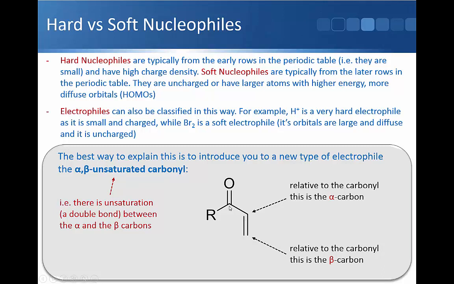And when you have an alpha-beta unsaturated carbonyl, hopefully you'll notice from the previous lectures that these two double bonds are conjugated, and that means that this electrophile has quite a key distinct feature, that being that there are actually two sites within this electrophile that nucleophiles can attack. That's the key point. So nucleophiles can either add directly at the carbonyl carbon, or via conjugate addition they can attack this carbon. And this is therefore a nice system to explain the difference between hard and soft nucleophiles